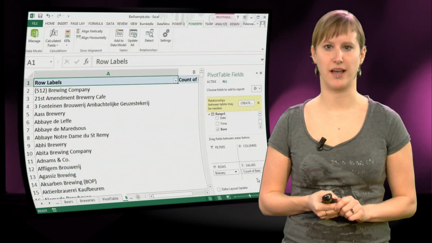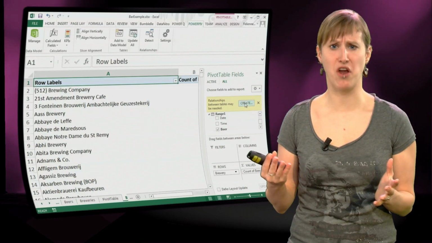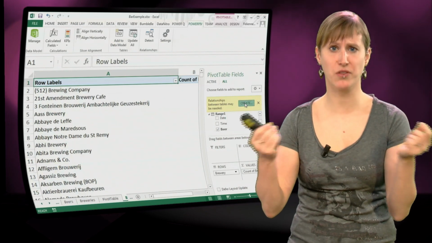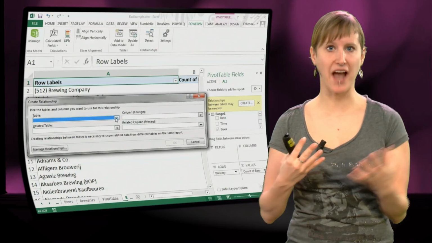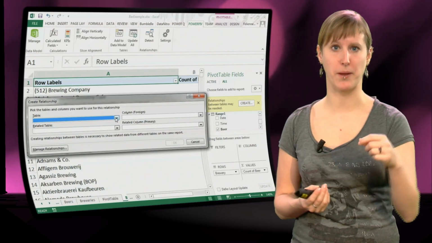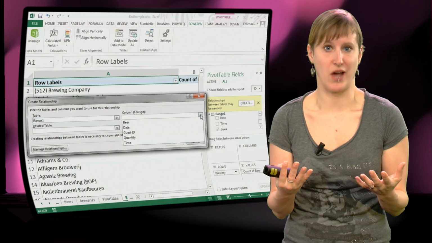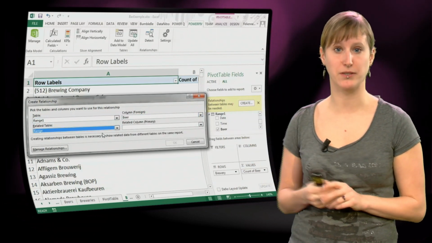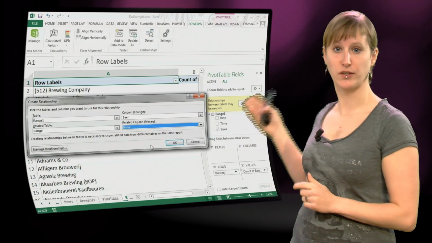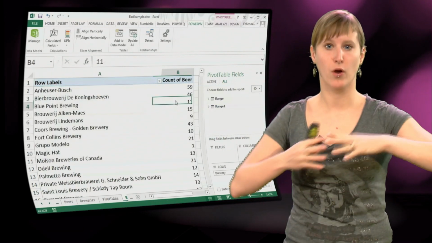Now something interesting happens. Excel says, hey, I don't know how to do this. These two things aren't related. Basically what Excel is asking us, I don't know that VLOOKUP, the VLOOKUP that we manually made in the beginning, Excel doesn't know how to handle it. So we have to tell it what the exact relation between those two fields is. And you can see here how we do that. The things we were coupling in the VLOOKUP, we couple them